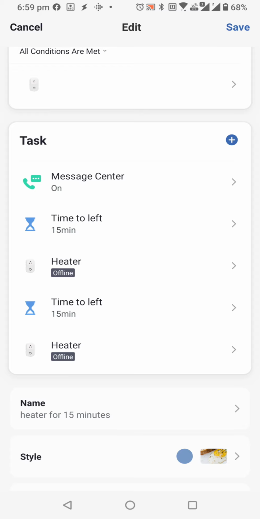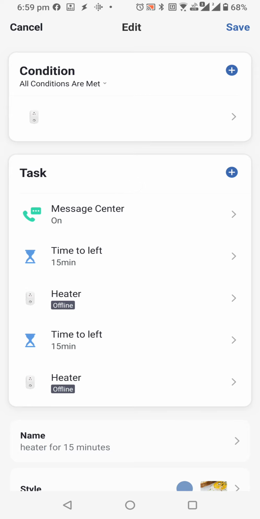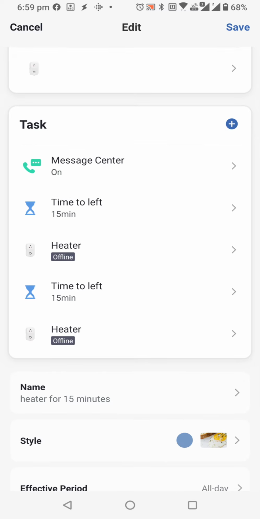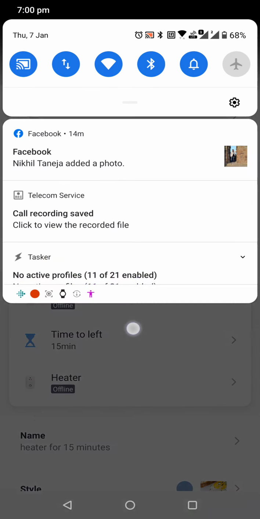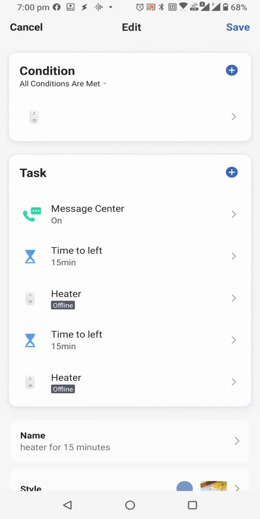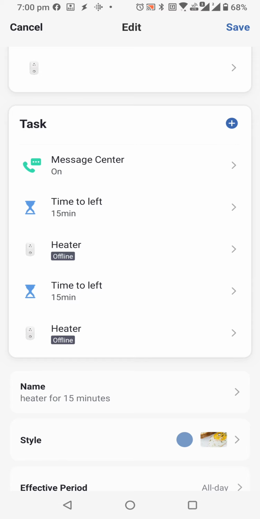When it turns on, it will display a message that this trigger automation is on, something like "turn on heater for 15 minutes", a notification visible somewhere in your app, and then it will wait for 15 minutes.